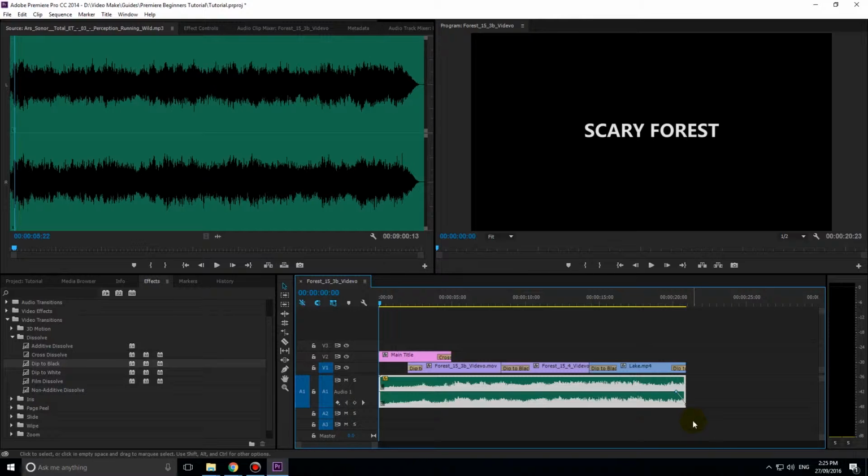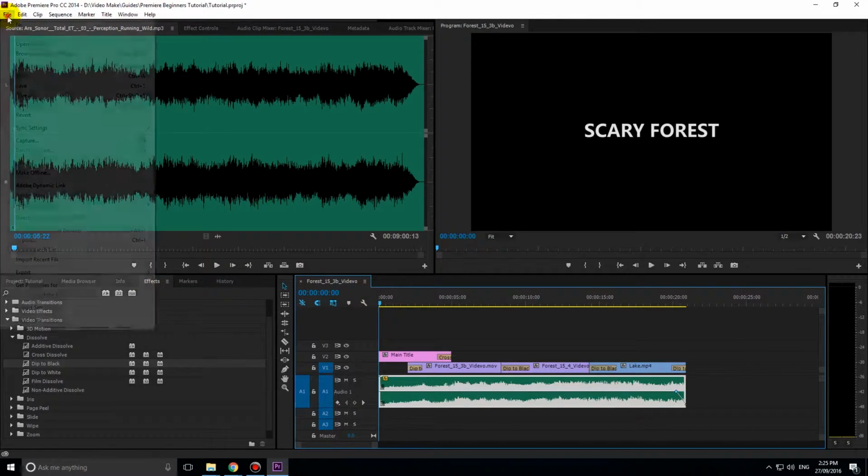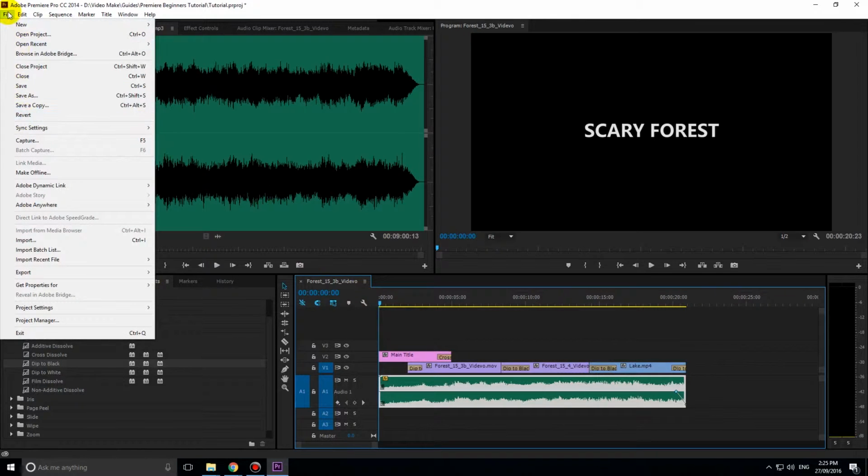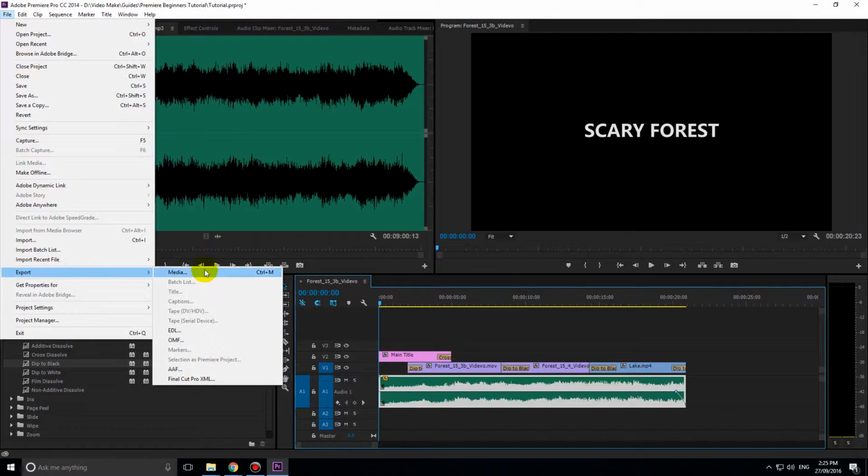The only thing left to do is to export the video. Now, if you save it as a file now, it saves it as a Premiere file, which you can't really do anything with. You need to export it to a file where you can upload it to YouTube or export it to a file type that you want. So if we go to File, Export Media,